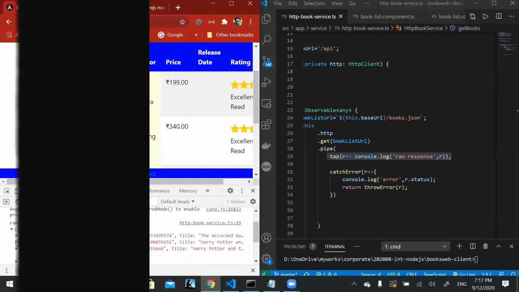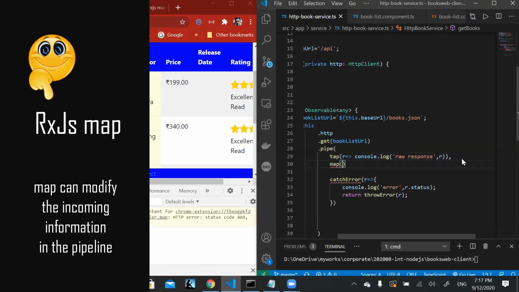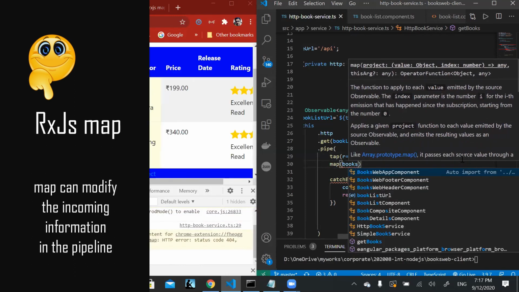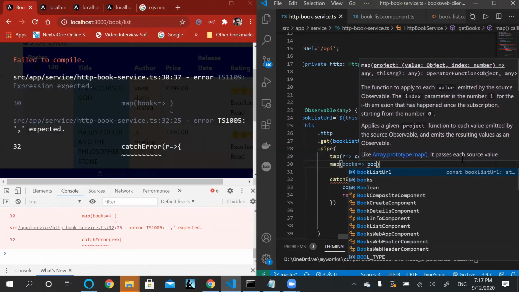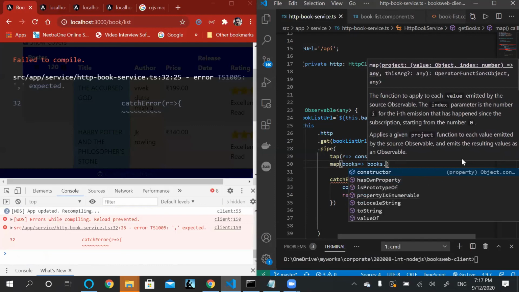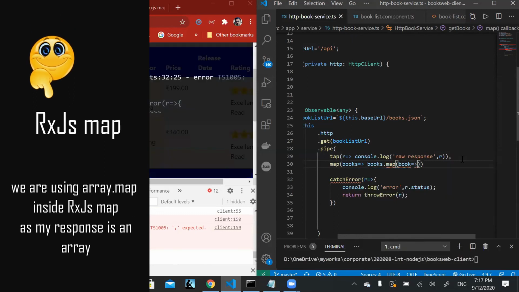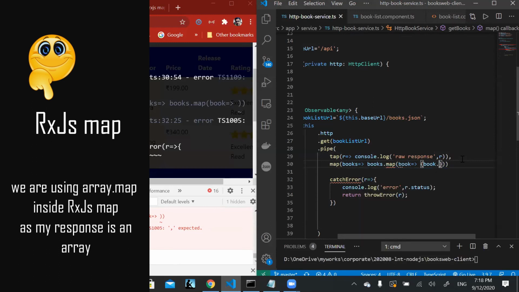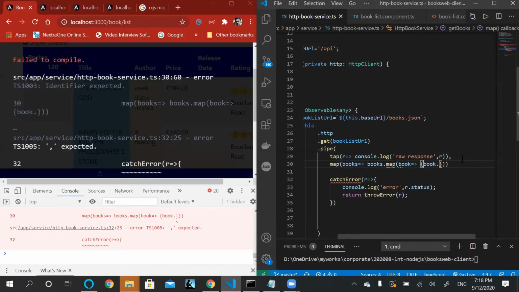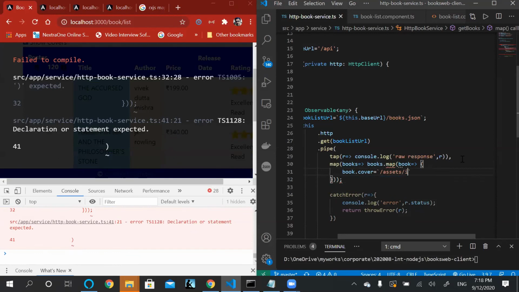How do we do that? For that we will use our map function, and we have a map where we get a response, and remember the response is a collection of books and we need to return back something, and we may return books.map because books is a collection, and in the books.map we have a book, and we will return setting book.cover as assets images